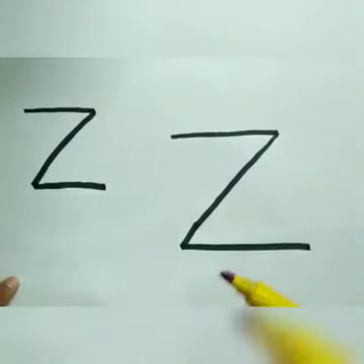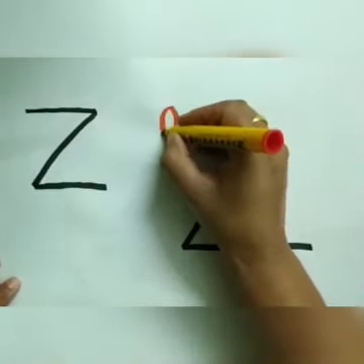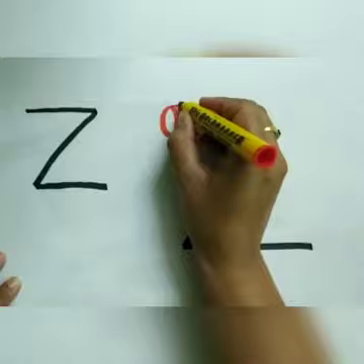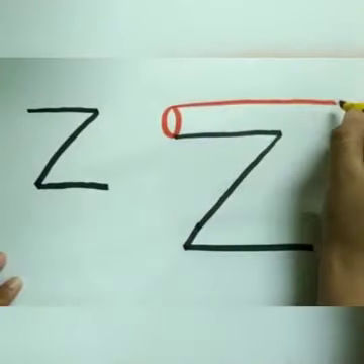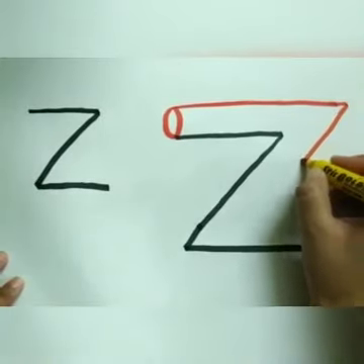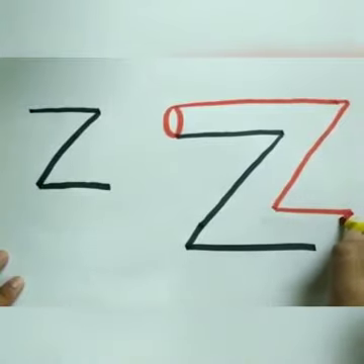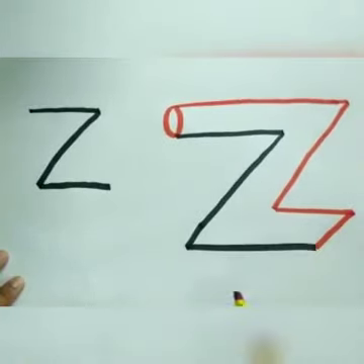Now I'm taking another pen for making the drawing. We make a small circle like this. Now I'm making a line like this. This is a sleeping line. Now make it further. Come down. Make it like this. Yes. Now make it again like this. And I am making a slanting line to join these two here.